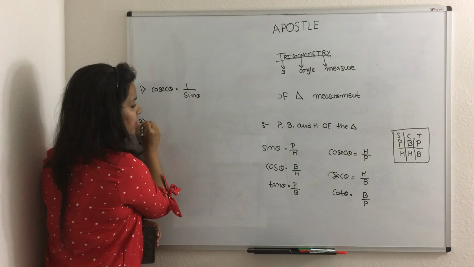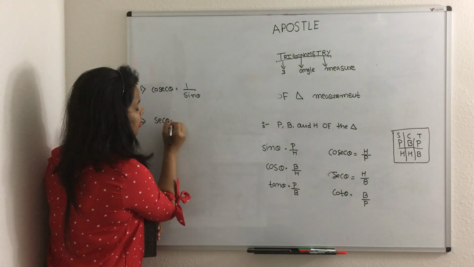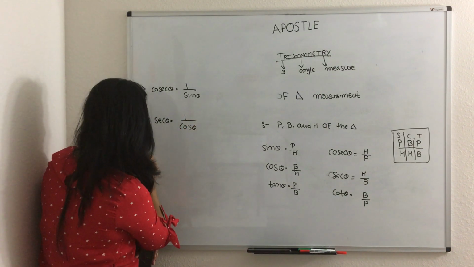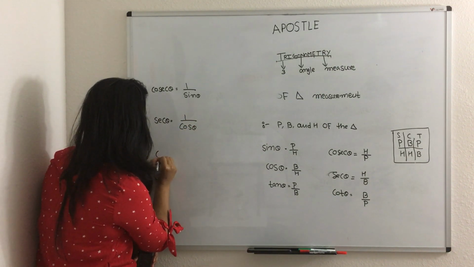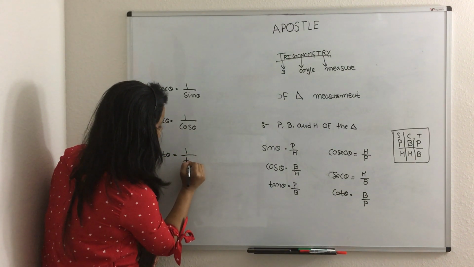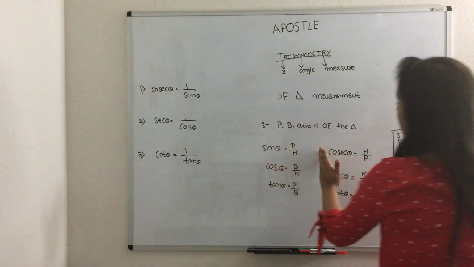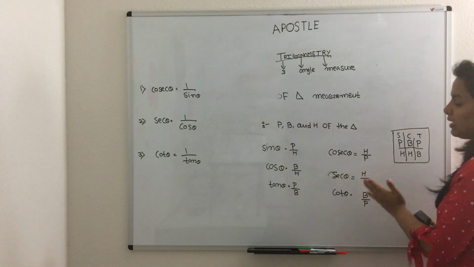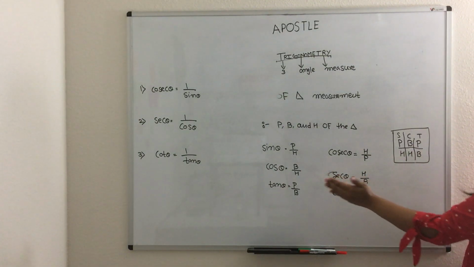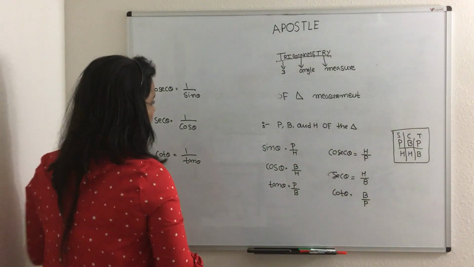We can write sec theta as 1 upon cos theta, and we can write cot theta as 1 upon tan theta, because in this concept we already discussed that cosec theta is the reciprocal of sine theta, sec theta is the reciprocal of cos theta, and cot theta is the reciprocal of tan theta. And the important point number 4,